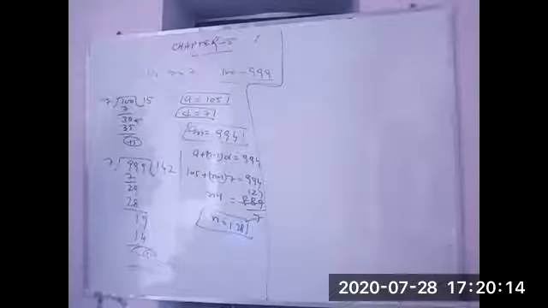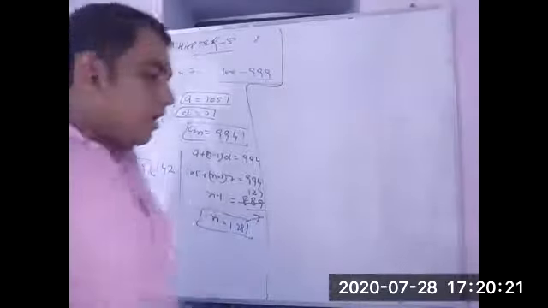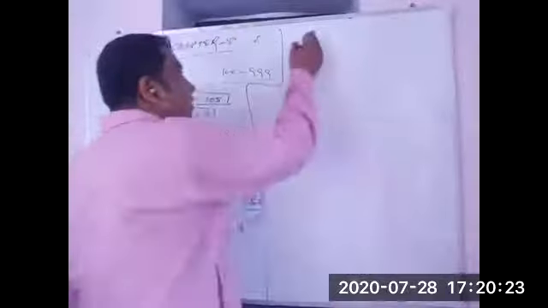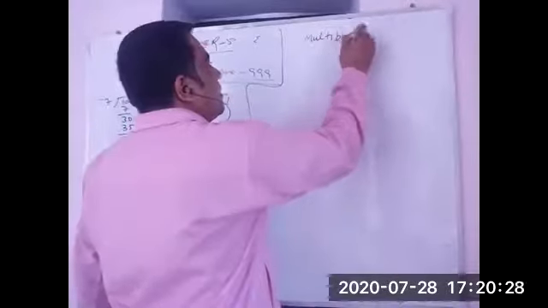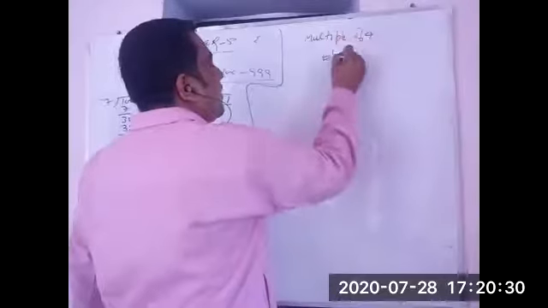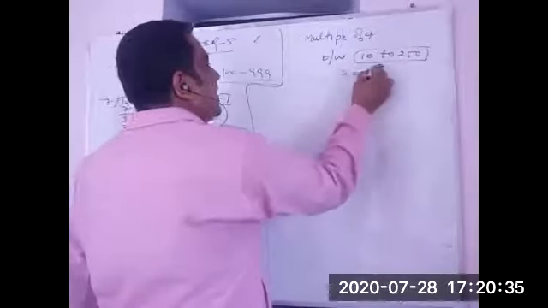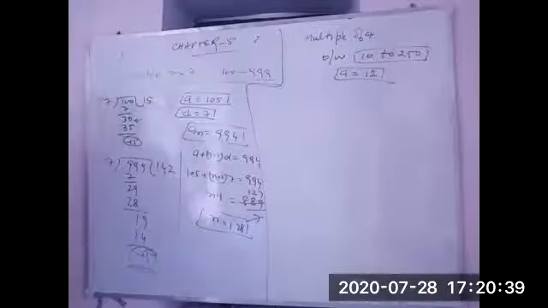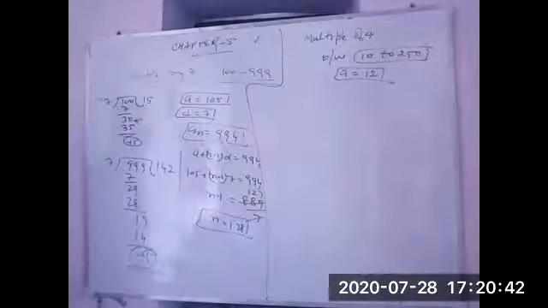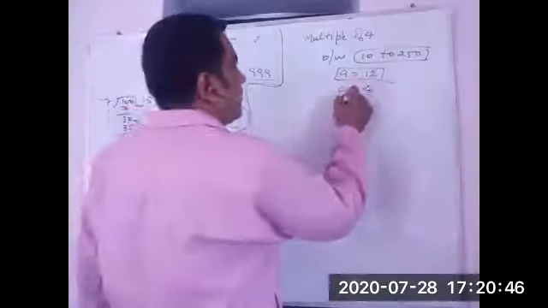Now, what is our next question? What do they ask in question number 14? How many multiples of 4 lie between 10 to 250? Multiples of 4 between 10 to 250. First, easily I can tell, first term will be 12. Now no need to check it by division. Okay, what will be the last term? And D also will be here 4.